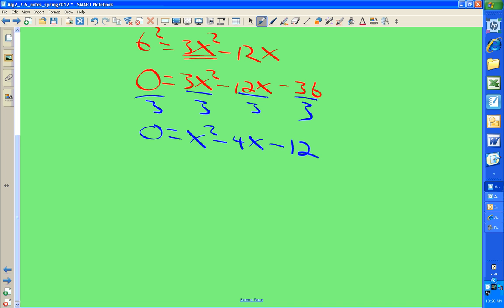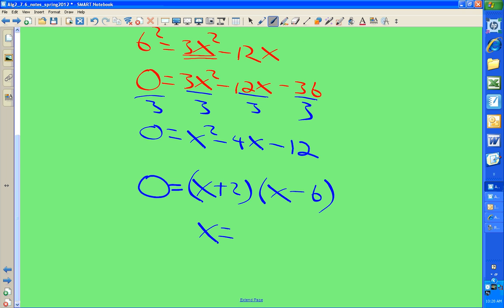Now, if you do borrowing from the clouds and you don't take the 3 out, it doesn't work at all. Keep that in mind. How does this factor? x plus 2 and x minus 6. So x could either equal